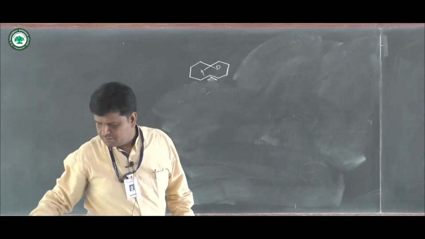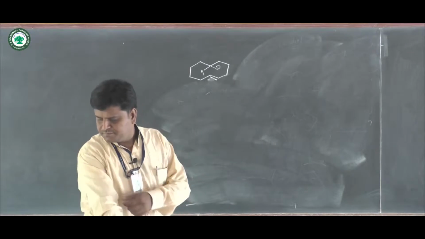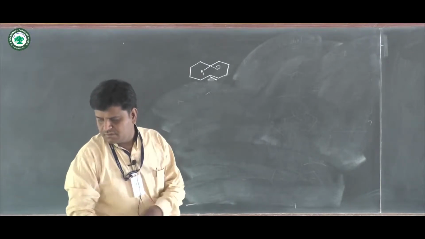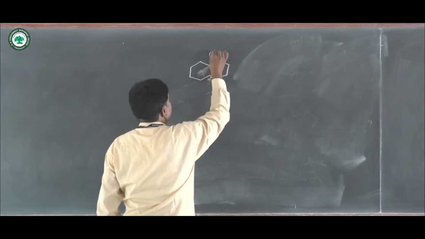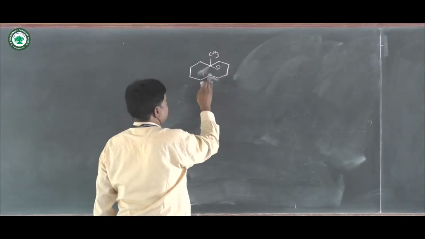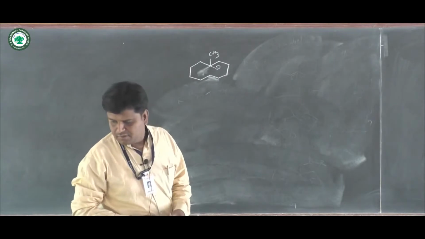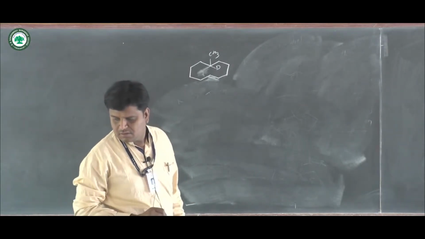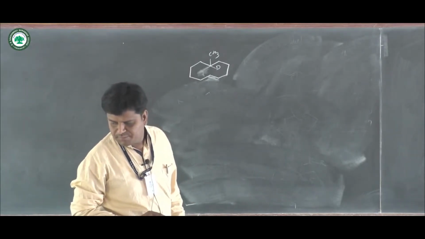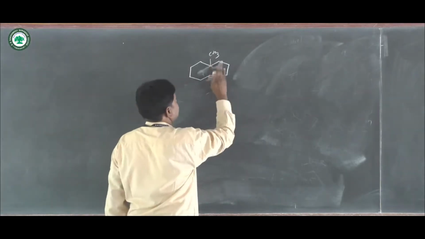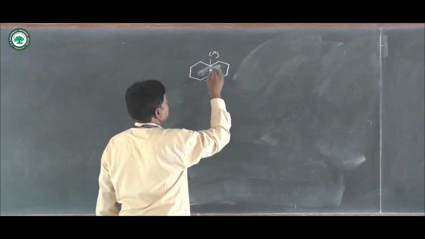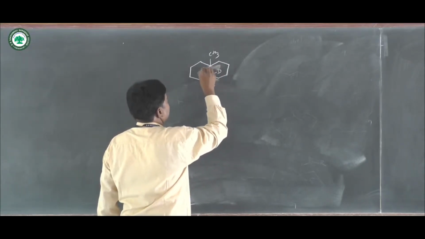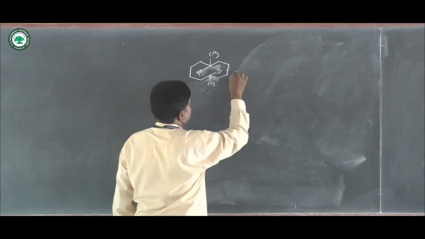Here we have one methyl group, and here one hydroxyl group is present, and here one deuterium, and here we have OH. At that time,